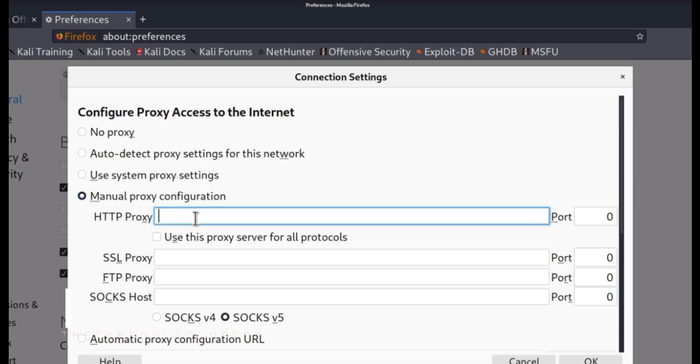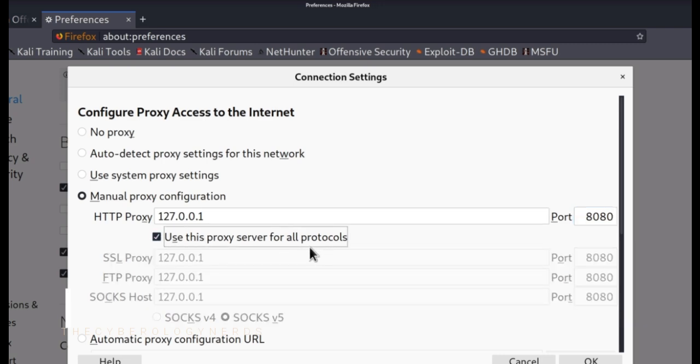Under the HTTP proxy, we want to set the IP address, and in our case we're going to set the IP address of our localhost, which is for everyone this IP address right here, and the port should be 8080. And then we can set use this proxy for all protocols. Also make sure that the SOCKS v5 is checked, and once you do all of that,